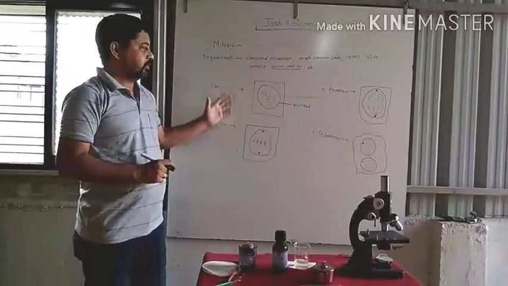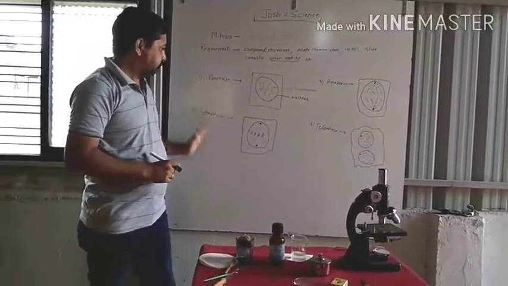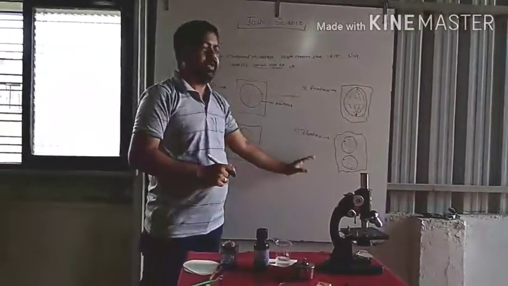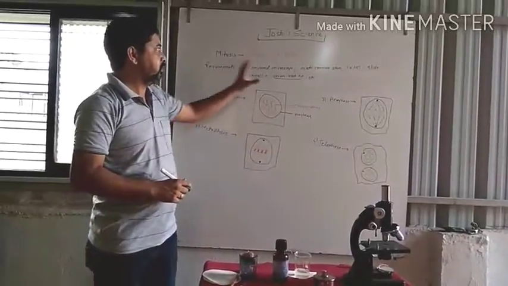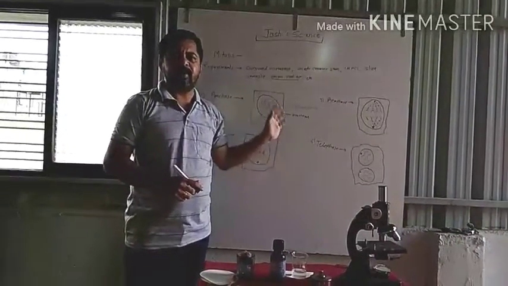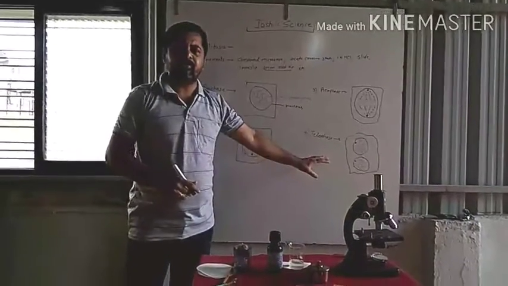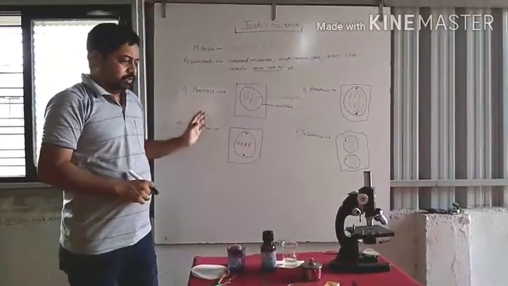First of all, mitosis we are going to see, and the four phases of this mitosis, that is prophase, metaphase, anaphase and telophase. Mitosis is firstly divided into karyokinesis and cytokinesis. So these four stages are of karyokinesis. Okay. So here